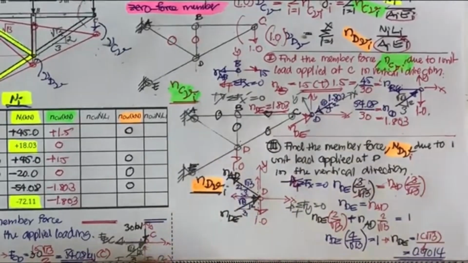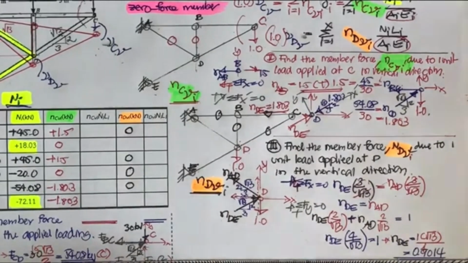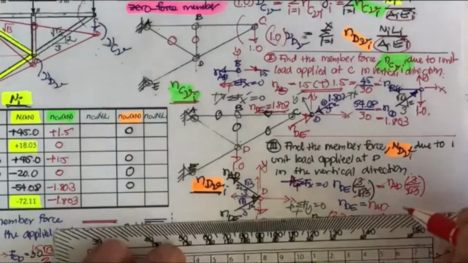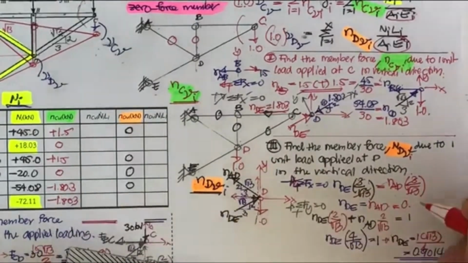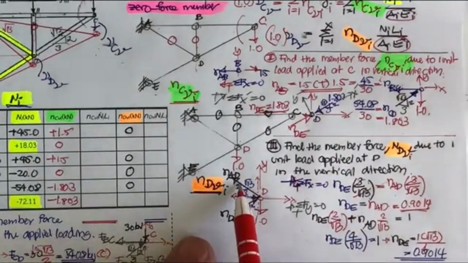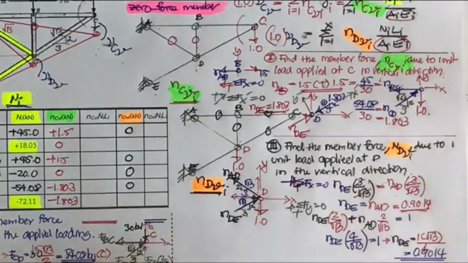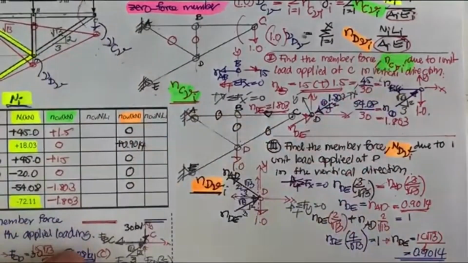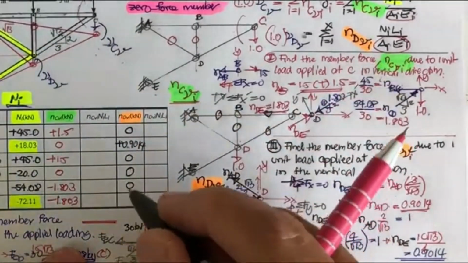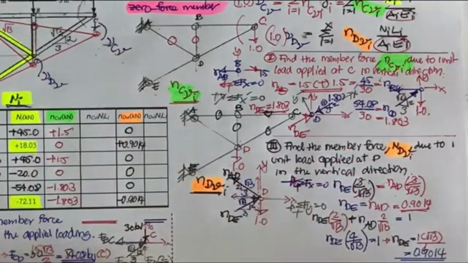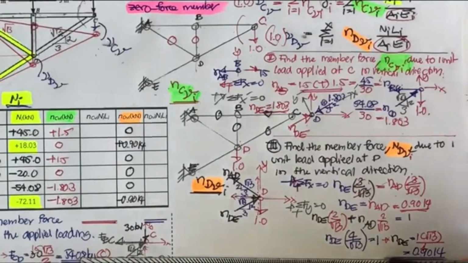That is N sub DE. And then N sub AD, by doing this, both of them are going to have 0.9014, but AD is in tension, so this is going to be plus 0.9014, and this one is going to be in compression, minus 0.9014. Okay, that's we finish our